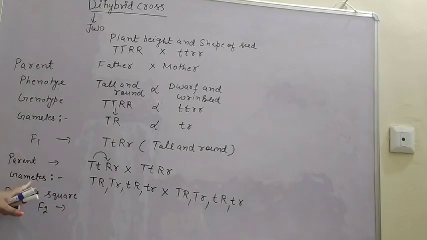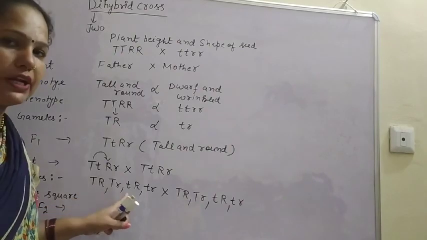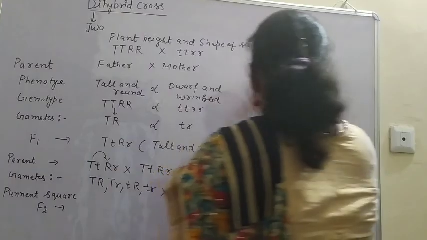The same gametes are there on both sides. So these are the gametes. Now we will draw the Punnett square for the F2 generation. The Punnett square will remain the same, like